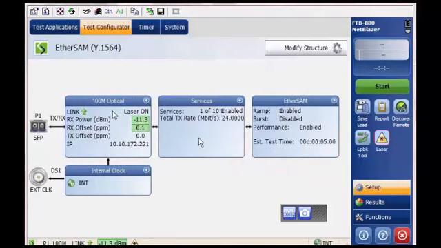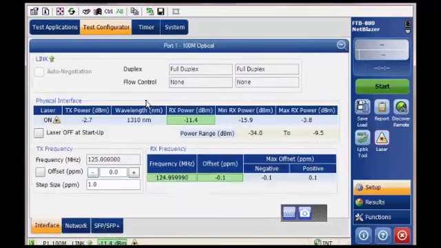Once you configure your interface parameters and select the port you're going to be using, now you can click on the 100 meg optical here in order to maximize this page. Either simply double click on the page here, or you click on the plus sign to maximize the window. This page automatically gives you information about your link. As you can see here, it shows link up, and it tells you